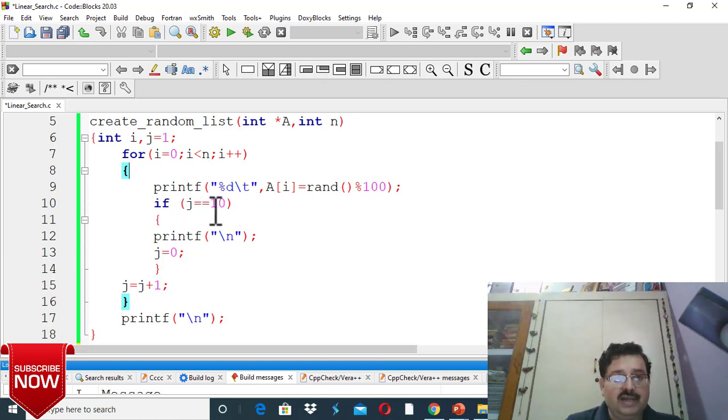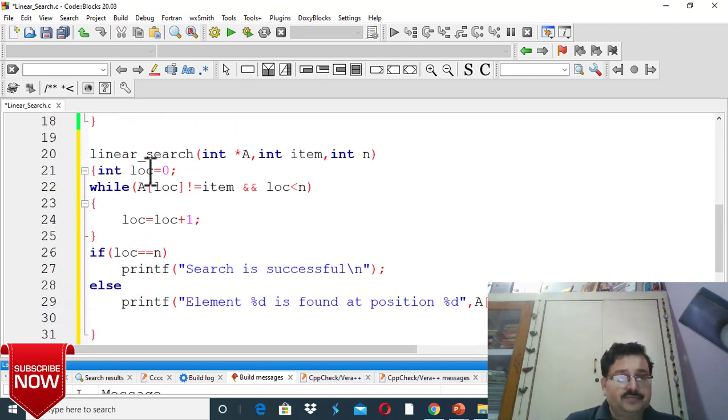If 10 values are counted by this condition, if j is starting from 1 and j becomes 10, then take an enter and reset j equal to 0. Now 10 elements are printed, in the next line again 10 elements will be printed, and similarly this will be repeated.